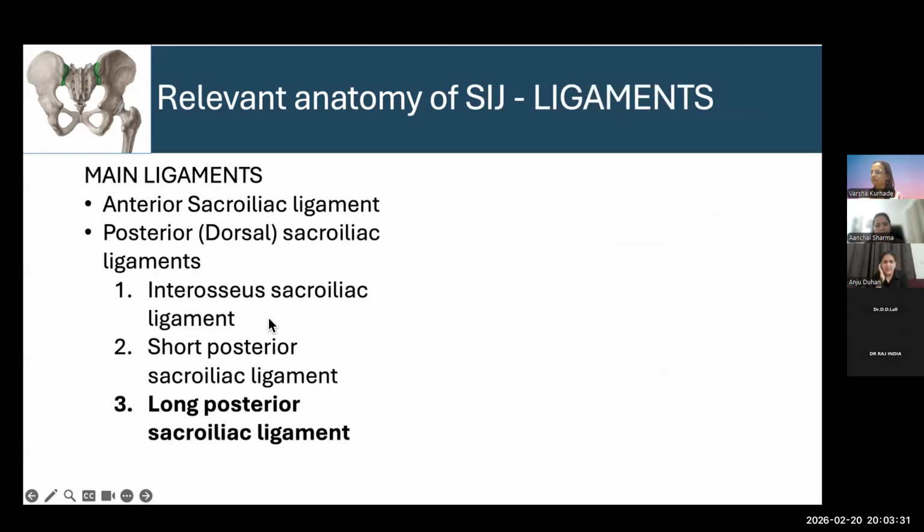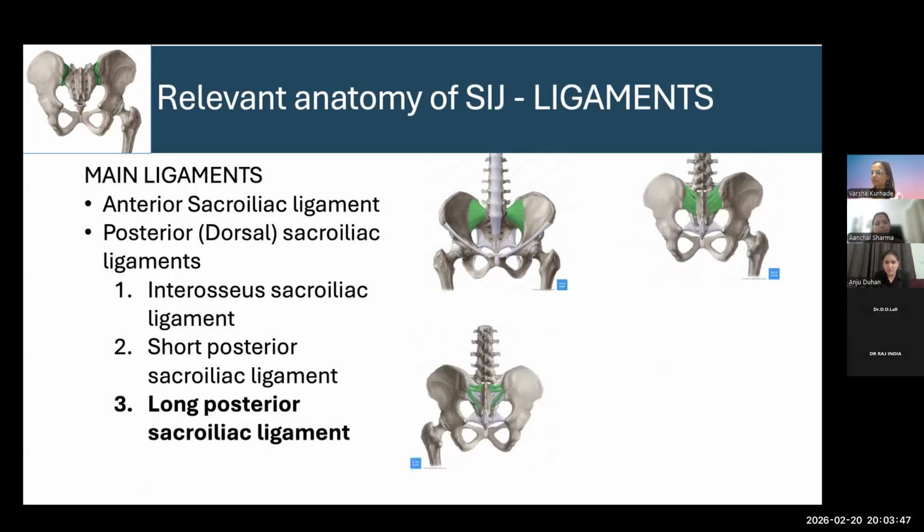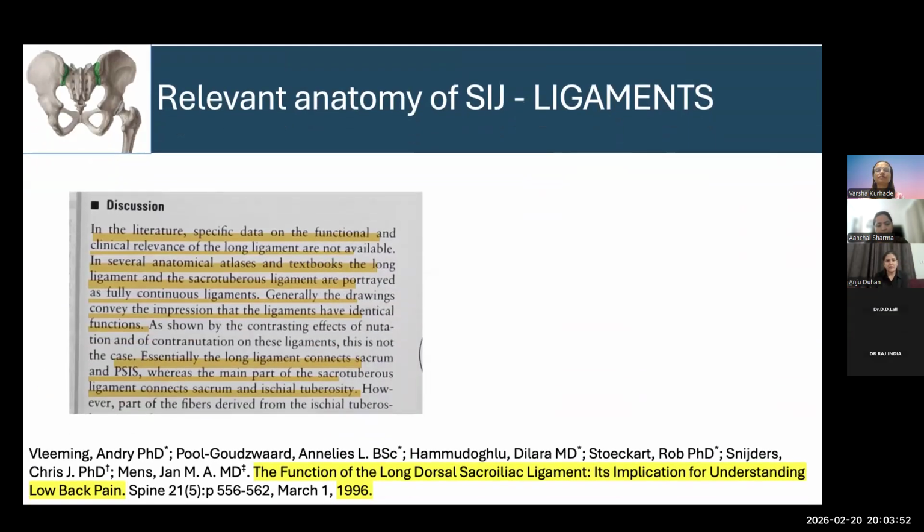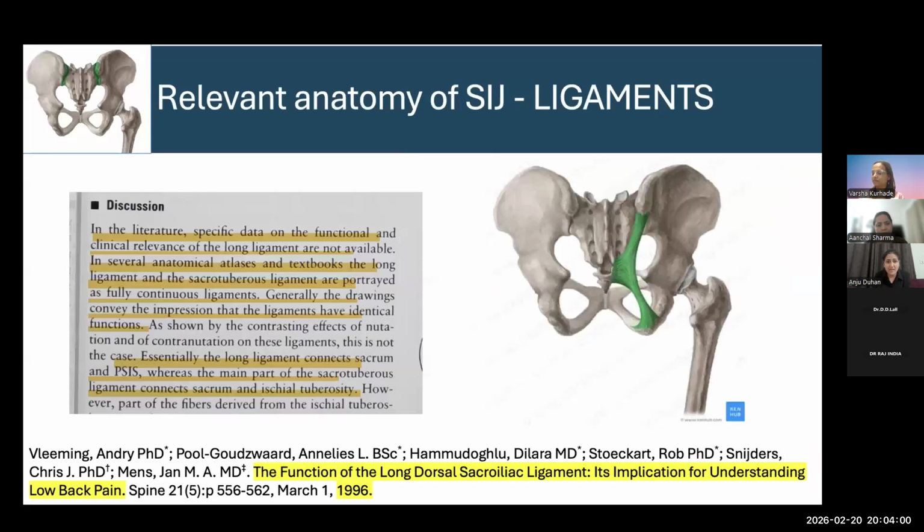Due to its position and weight-bearing nature, the sacroiliac joint has to be stabilized with several strong ligaments. The main ligaments are the anterior sacroiliac ligament and the posterior sacroiliac ligaments, which are composed of 3 more ligaments, that is, the interosseous sacroiliac ligament, the short posterior sacroiliac ligament, and the long posterior sacroiliac ligament. Earlier in the literature, there was no specific data on the functional and clinical relevance of the long posterior sacroiliac ligament. In fact, several anatomical atlases have portrayed the long posterior dorsal ligament and the sacrotuberous ligament as one structure